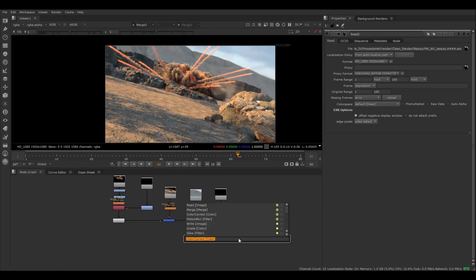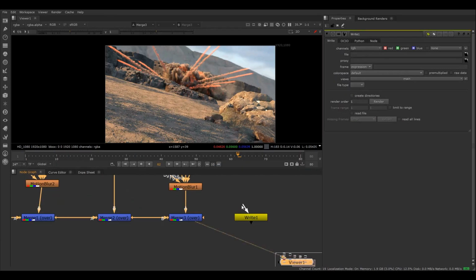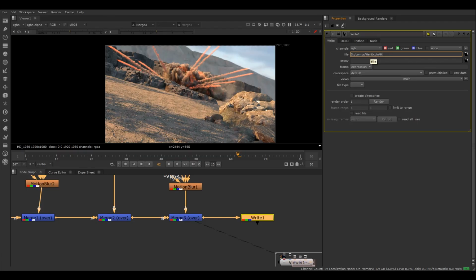So I'm going to drop a write to save this out. Put that at the end. I'd probably save this in my D drive, and so into comps and call this heli explo, something like that. Okay, same thing again, heli explo, and yes, same thing again, heli